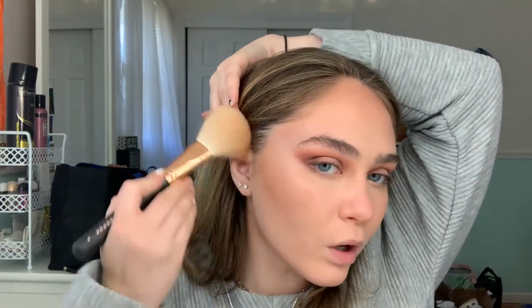Now I'm gonna take my bronzer, which is the Morphe Glamour Bronze Face and Body Bronzer in the shade Icon. It looks like this. And I'm going to take this Morphe R7 brush and I'm just gonna go in with it on the side right here and just bronze everywhere where I did the cream contour. So I'm gonna do it here by my cheekbones, my forehead and my jawline, and then I'm gonna take a